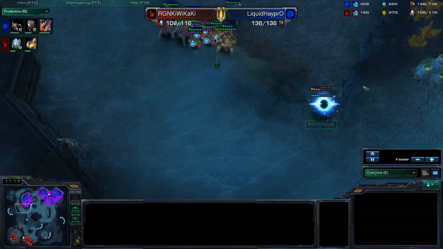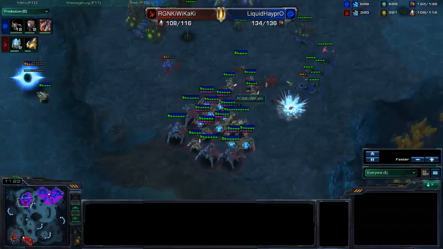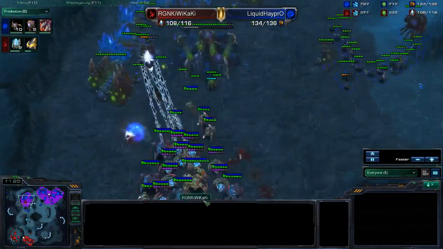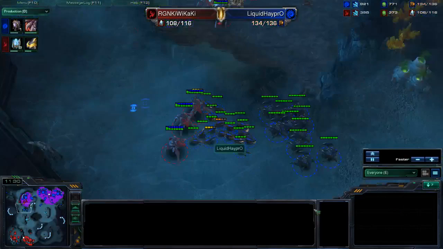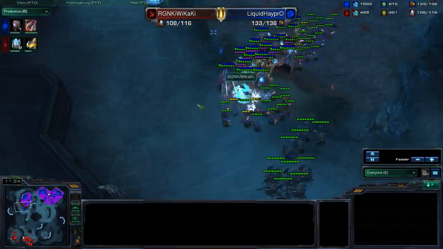This Pylon is down. We'll see. I'm sure Haypro is going to try and take it out as soon as he can. These Zerglings are just kind of running in. They're going to take a little bit of damage. Nothing's going to happen. Is Haypro going to lose this base? He might. It looks like he's going to try and get the flank, and that's going to be beautiful right